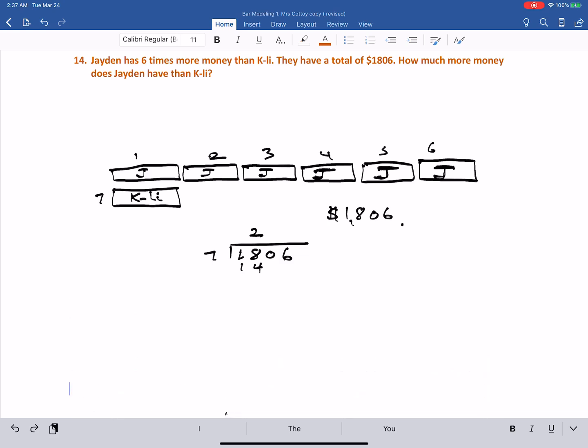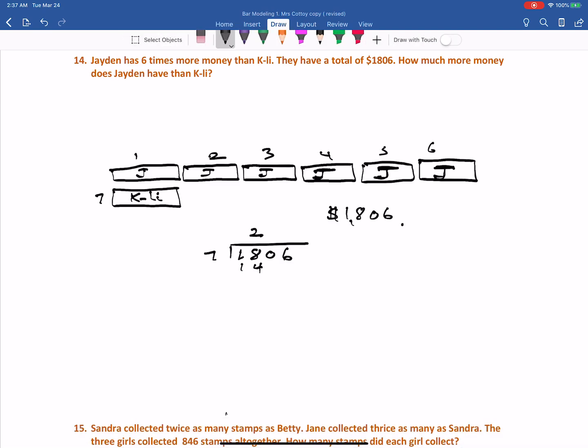So 7 into 14, 2 7s are 14. 18 take away 14 is 4. Bring down the 0. 7 into 40. 5 7s are 35. 40 take away 35, 5. Bring down the 6. 7 into 56. 8 7s are 56. 56 take away 56, 0. So it means each of these parts is worth